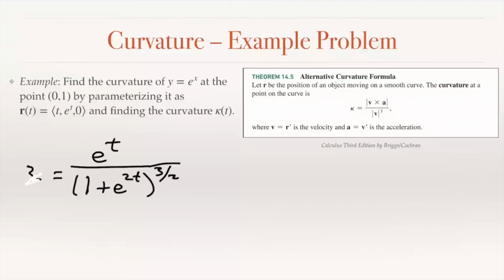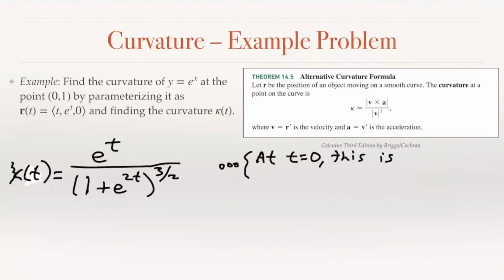Okay, and again, technically, if we want to be mathematically precise, that's kappa of t. The curvature changes as a function of the parameter t. Okay, now let's just do a little check and see what the curvature is at some particular points. So at t equals 0,